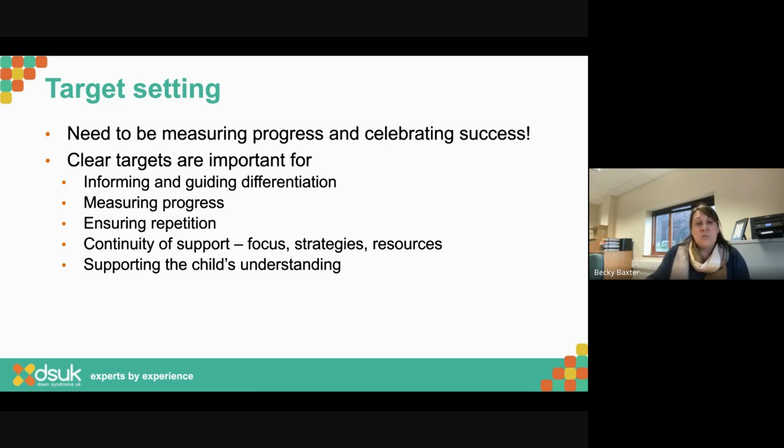We haven't got somebody doing addition with a number line on Monday, and then somebody doing addition with counters on Tuesday, and then somebody doing addition with numerals on Wednesday. Actually, I need lots of repetition of that one strategy or that one resource. So making sure that the students are being supported in the same way to get that repetition, and equally supporting the child's understanding. So I get it, I know exactly how I do it in this lesson, or in this topic, or with this resource, because I do it the same way every time. And that is giving me that high level of repetition that I need.